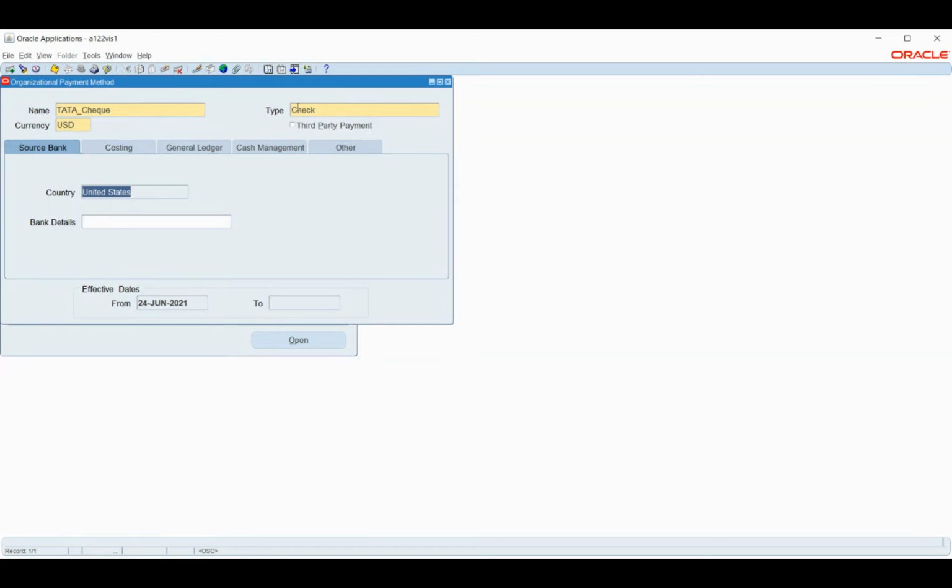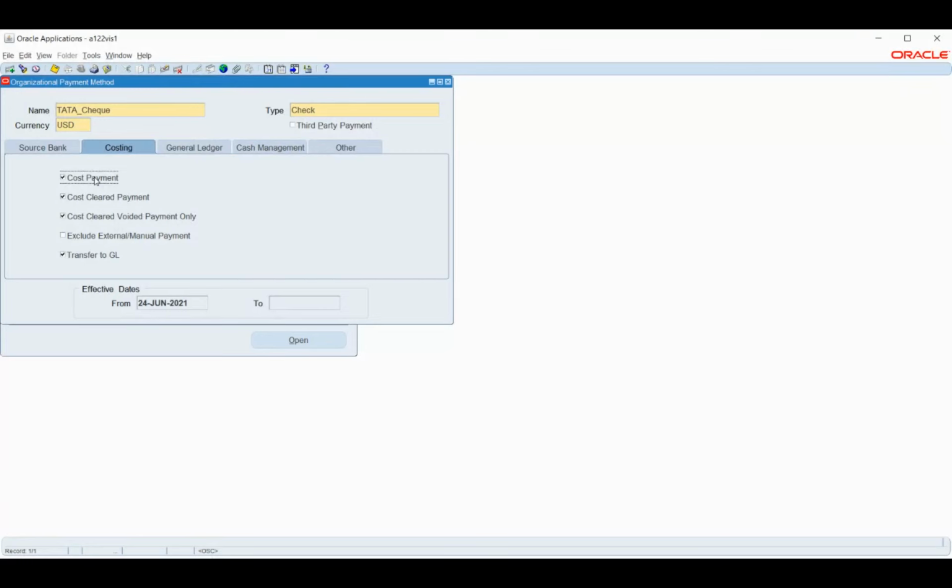If I had selected an India validated check payment method, it would automatically say INR. And also here the country. The next step that we did is that we enabled this particular payment method for cost payment. Unless we give these options here, we will not be able to complete our payroll process, because when we speak about payroll, we have multiple steps involved.